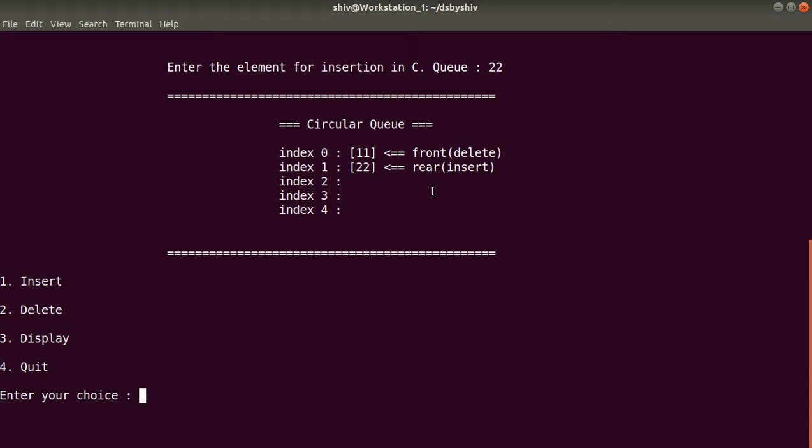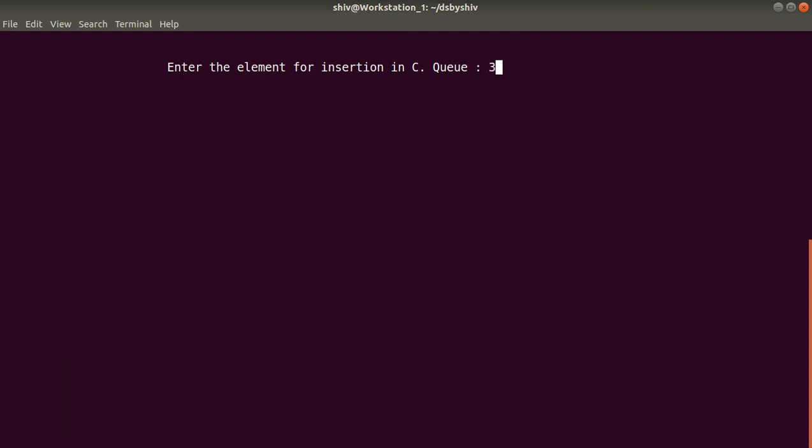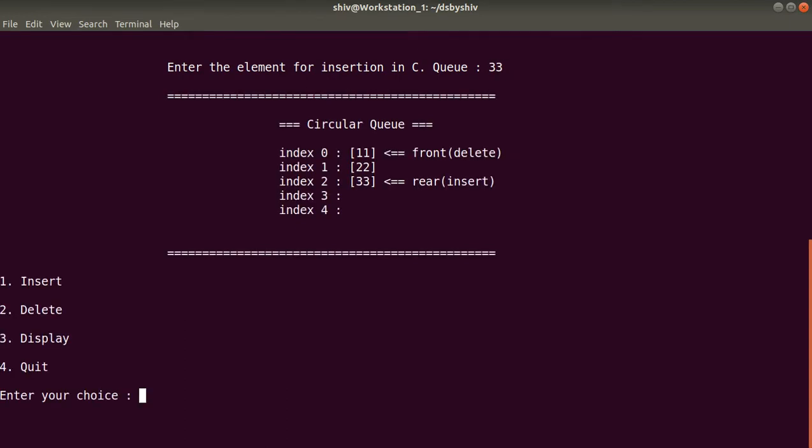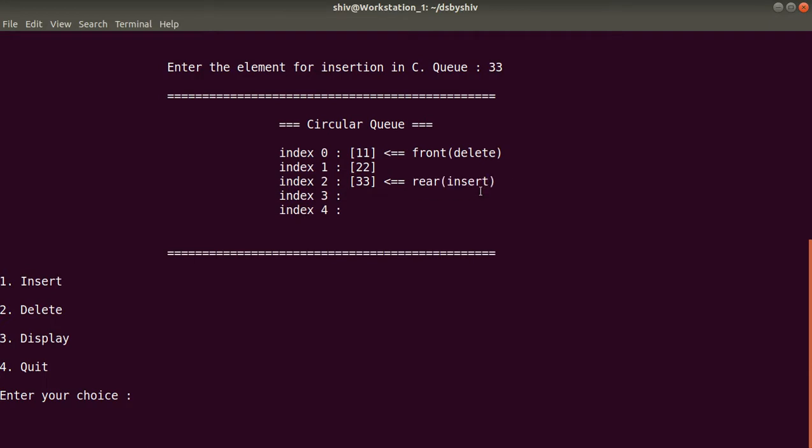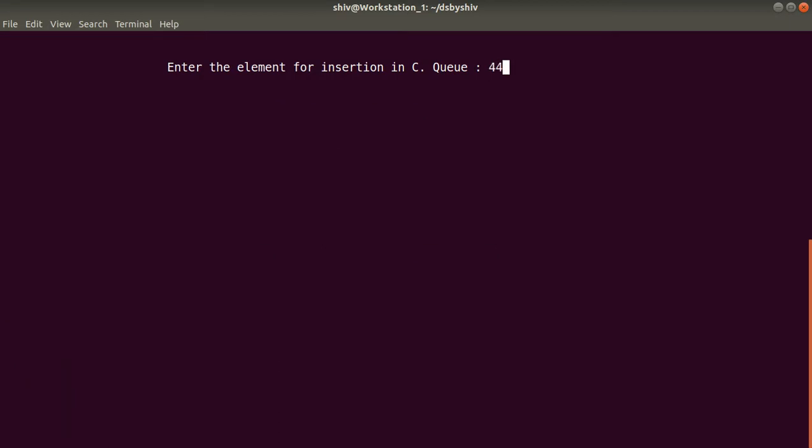Okay guys, so again I will insert, then first rear will increment. So 1 plus 1 equal to 2. So at second index another element will be inserted and rear will be shifted to this index, second index. So I am going to again insert another element 33 like this. So like this it will follow the order. Okay guys, so I am going to again insert another element 44